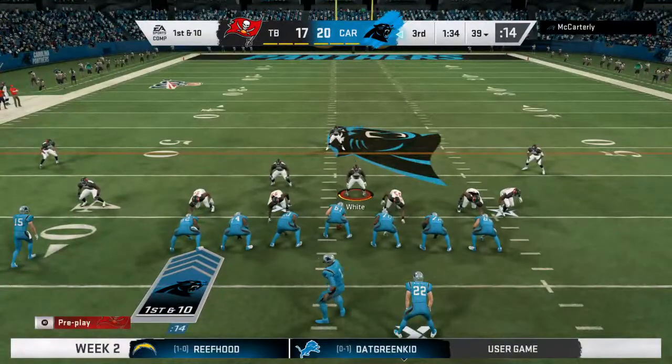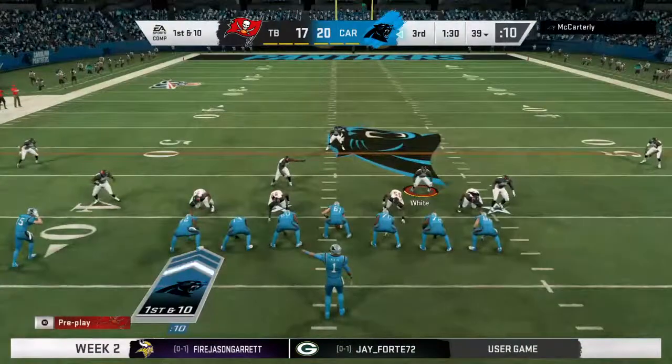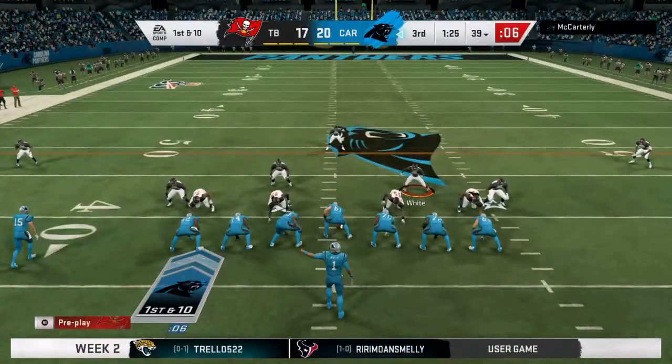Gun. Check three. Hustle. 51 the mic, boy. 51. Okay, double